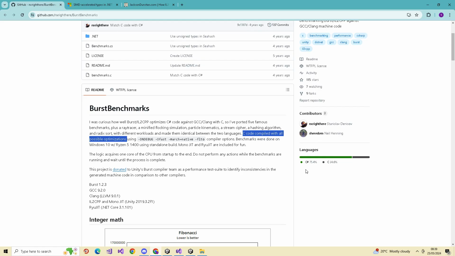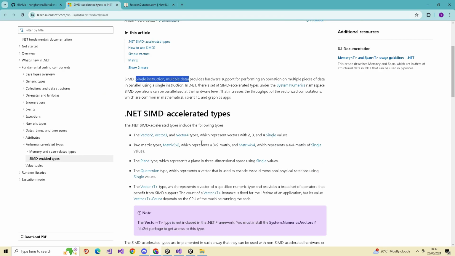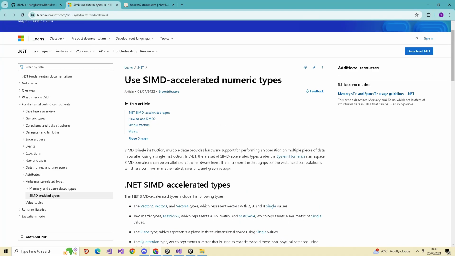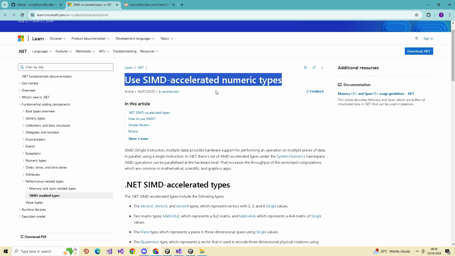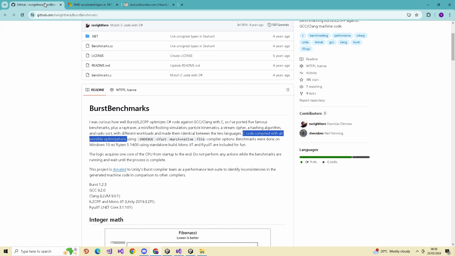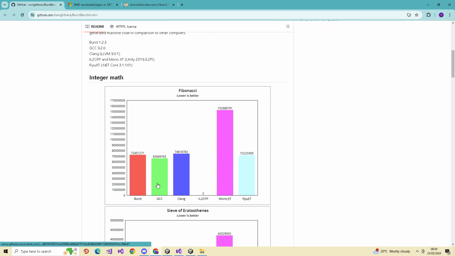So he's kind of Burstified. What I'm saying is Burst is mostly utilizing SIMD stuff, single instruction, multiple data. So he's using a SIMD accelerated numeric type, optimization within C++. That's how he's made C++ GCC comparable to Burst, actually slightly better in a lot of cases.